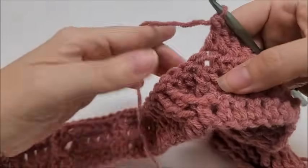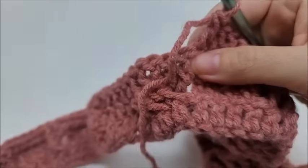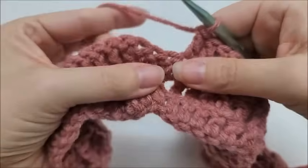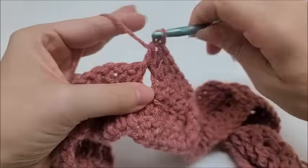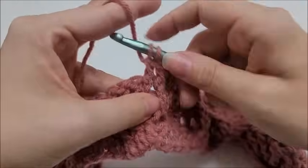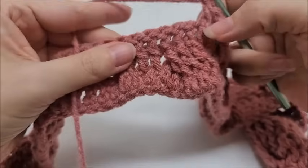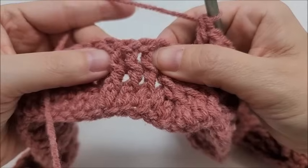We're gonna start off with the big cable again. So we're gonna start off by putting a front post double crochet into the next 3 stitches. There's 1, 2, 3, and now we're going to skip 3, 1, 2, 3, and put a front post triple into the next